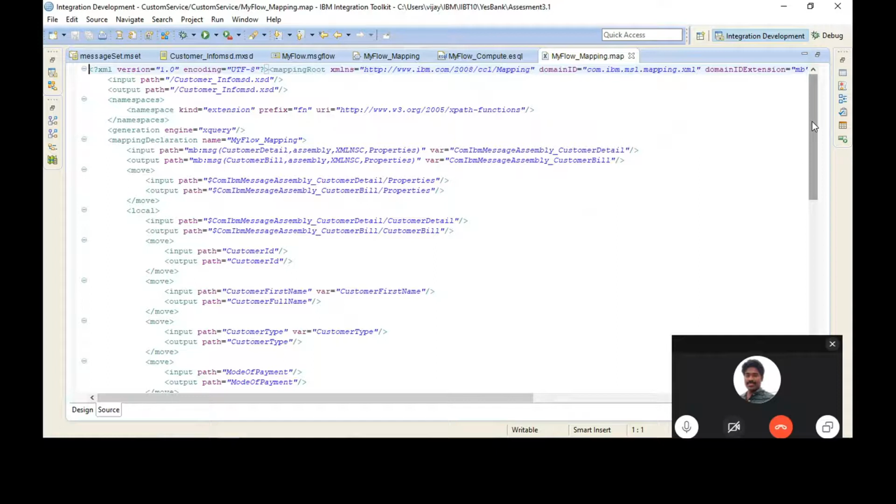You can close this view and start the debug session again.